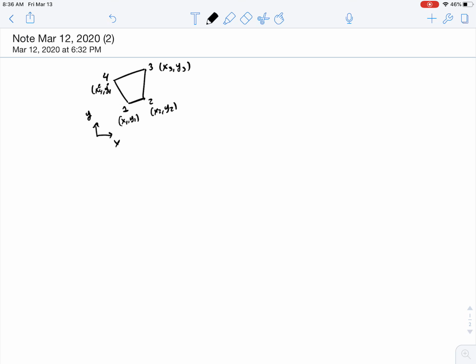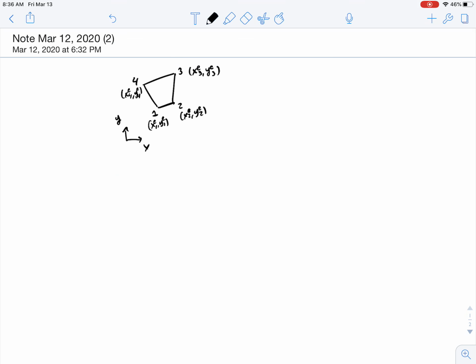I guess I should also add the e because this is for this particular element, and I want to map that to some common space, some common quadrilateral, which I'm going to call the parent domain in the coordinates xi and eta, and that one has nodes 1, 2, 3, 4: (-1, -1), (1, -1), (1, 1), (-1, 1). So I want to map these two, and the map is called the isoparametric